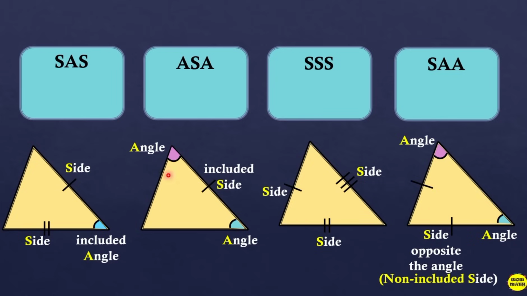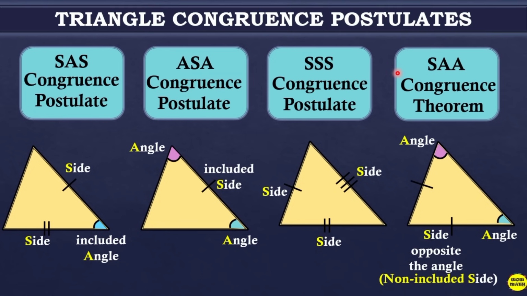Okay, so ano ba itong mga to? So since alam na natin yung parts ng triangle, kung saan malalaman natin yung SAS, ASA, SSS, and SAA, let's proceed to the triangle congruence postulates. So, dito papasok yung congruence postulate. So, pag sinabi natin congruence postulate, meron na tayo dito dalawang triangles na i-compare. Okay? Meron na tayong dalawang triangles na